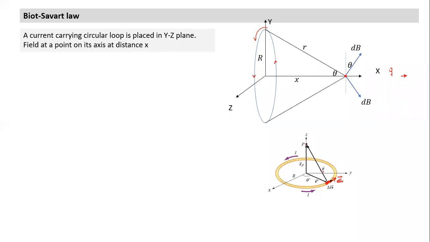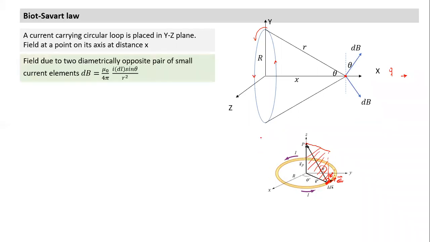What is the angle between the dl vector and the r vector here? How much is that angle? At any point on the circular ring, the angle between the dl vector and the r vector is 90 degrees. If I draw a plane like this, any line in this entire plane is perpendicular to this small element. So for every small element, the angle between the dl vector and the r vector is going to be 90 degrees. That's one important point to be understood, because some people start thinking and get confused. But let's get started.